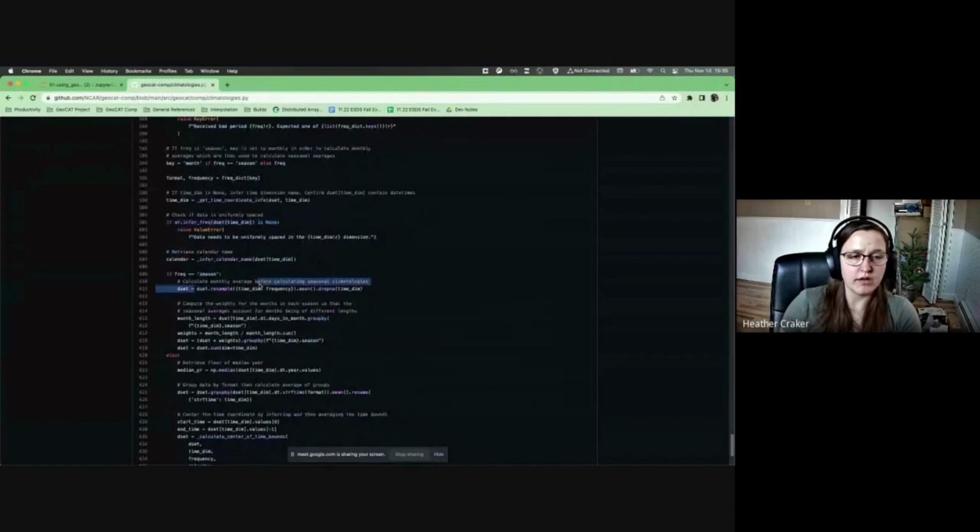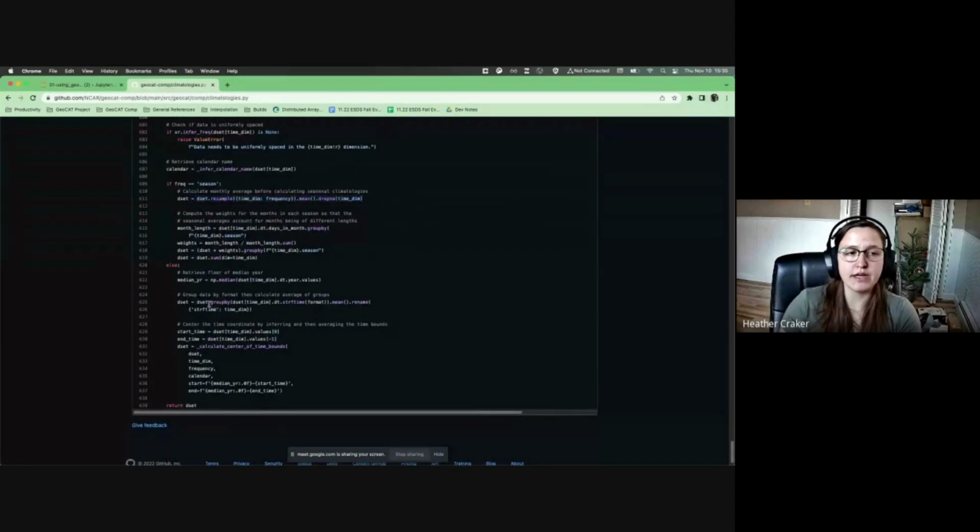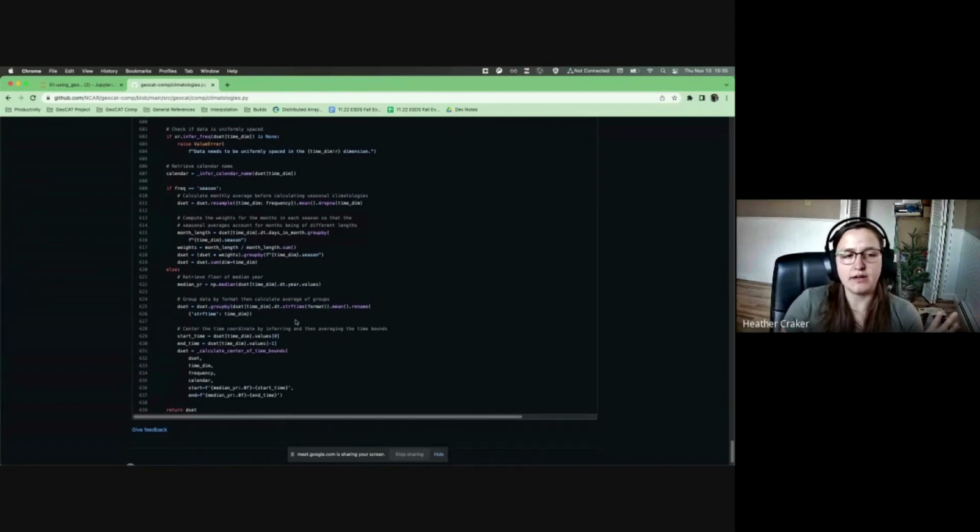We use a lot of things like resampling and mean and dropping time dimensions. So this is actually all based on top of Xarray. The nice thing though is that this considers how to move your time dimension,